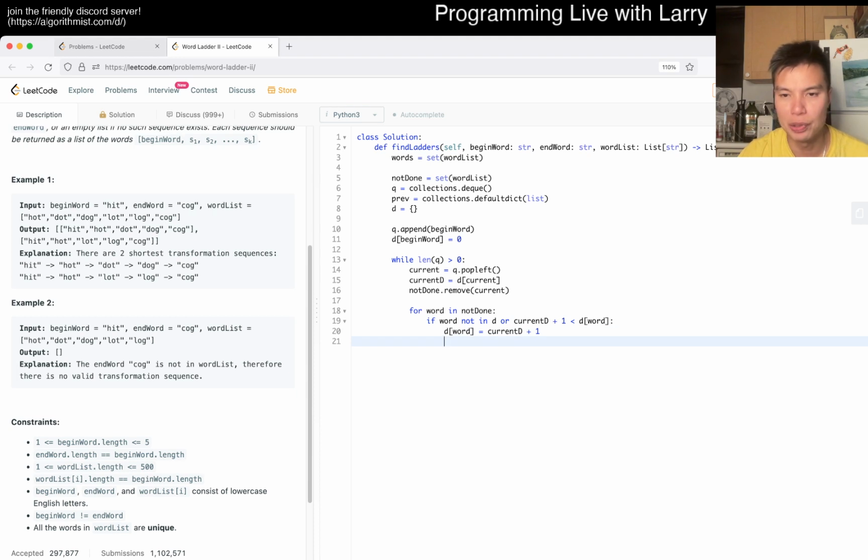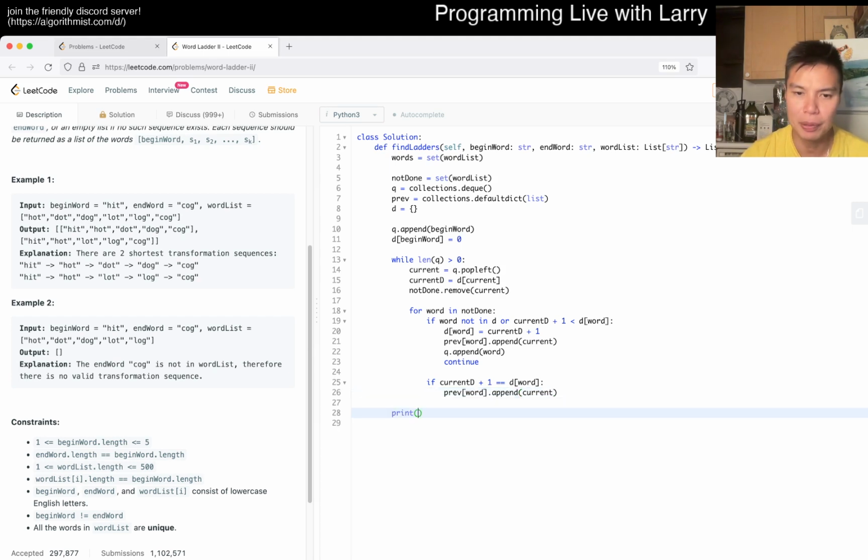Then we do the previous of word, we append this current word, and then we append this word. And then we continue. The other case is if current D plus 1 is equal to D sub word, then we don't do any relaxing, but we do want to append this as the previous thing. So that's basically the idea here.